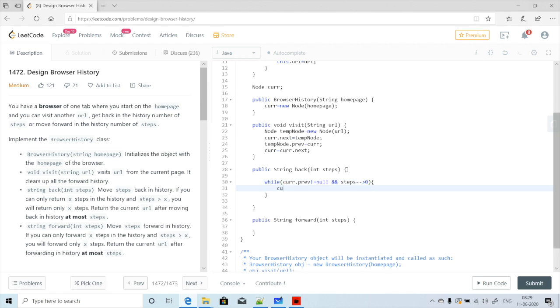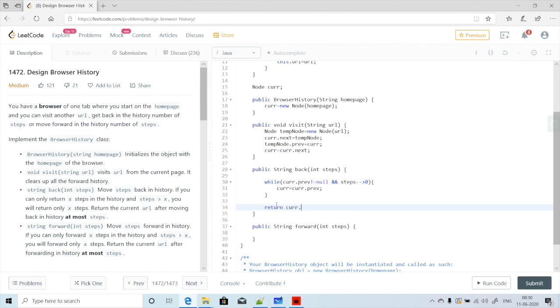In that case current is equal to current.previous. So what the first condition says is if we have enough previous entries in the history, then please continue, otherwise stop when we reach the last entry in the back history. And the other condition says, let's say we have 3 URLs in the back history and we want only 2, then in that case it will give you the 2 steps. So in the end, return current.url.